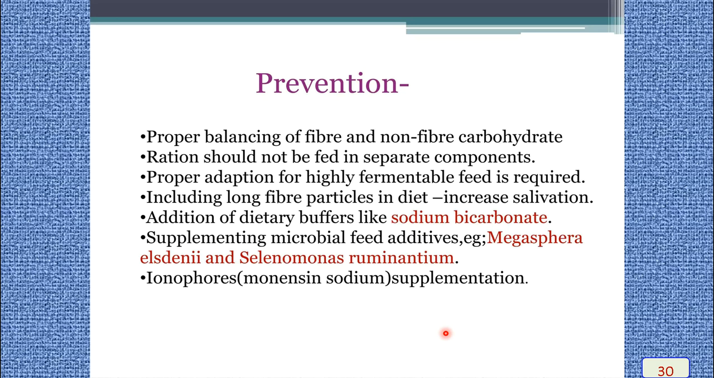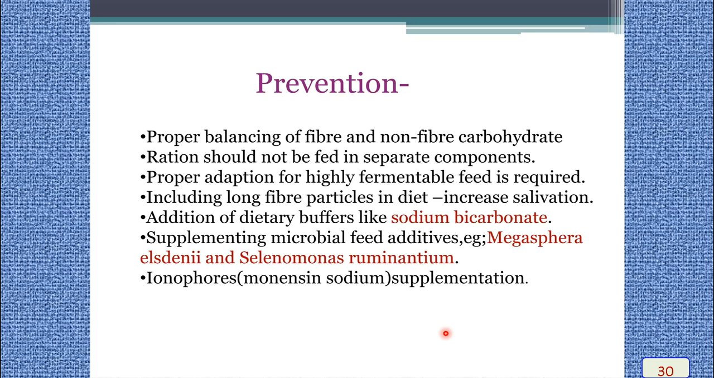Then the fermentable feed, if it is available cheaply, better to restrict it always. Then including long fiber particles in the diet increases salivation. Then additional dietary buffers like sodium bicarbonate can also be administered continuously, especially in case of rumen acidosis. Then apart from this, supplementing the microbial load in the form of the rumen curd, then